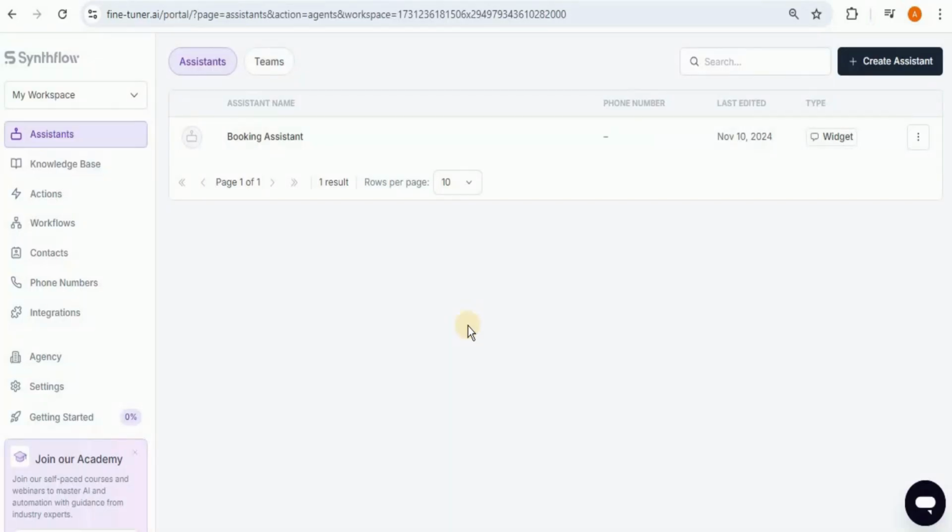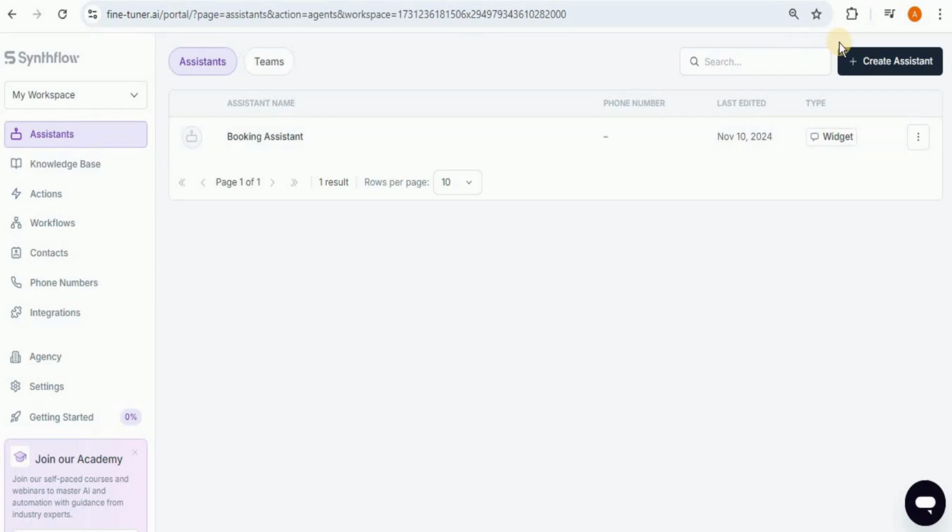Now that we have our application ready, the next thing is to generate the AI voice assistant using SynthFlow. Once you sign in to SynthFlow, you will have an interface that looks like this. I already have an assistant, so it is available right here. But if you're using it for the first time, then you'll have this page empty. Here on the left-hand side, we have different options to configure our assistant, and on the right-hand side, we have the view according to all the options.